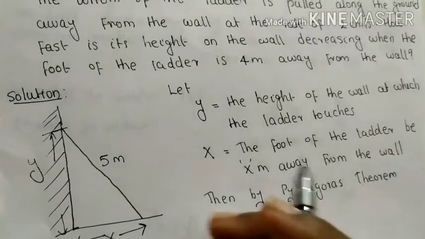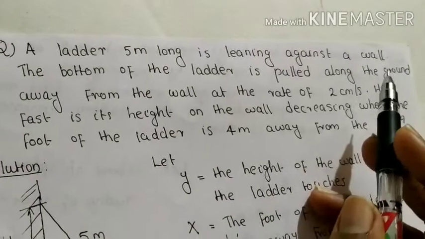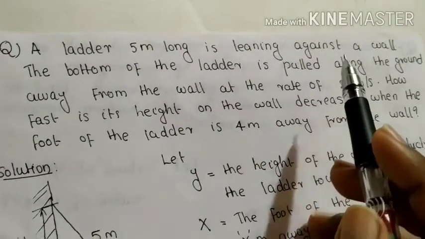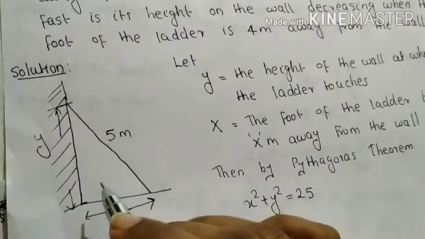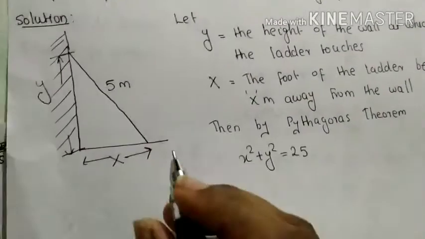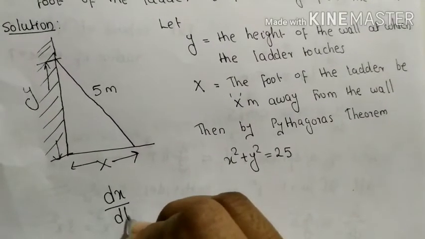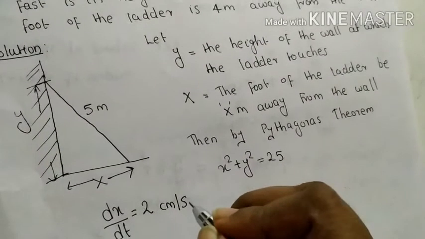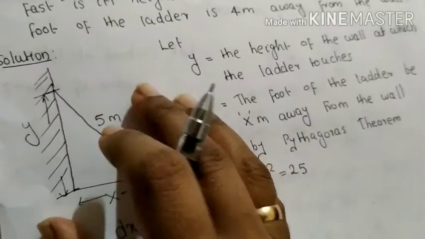Okay, so also given that the bottom of the ladder is pulled along the ground away from the wall at the rate of 2 centimeter per second. That means dx by dt is given, which is equal to 2 centimeter per second. Okay, so if you observe this diagram,